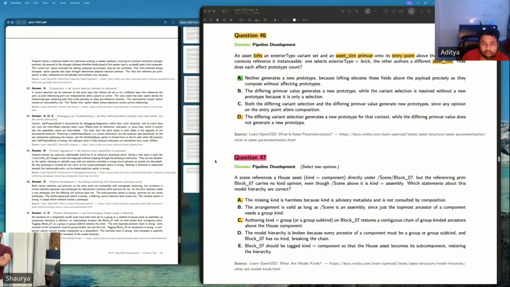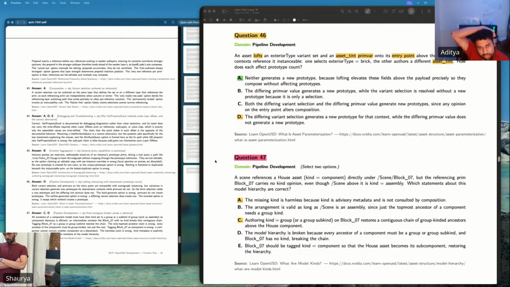And since we were talking about the components here, the missing kind is harmful because kind is advisory metadata and is not consulted by composition. So the question says the scene references a house asset kind equal to component directly under scene block 07, but the referencing prim block has no kind opinion, even though scene above it is kind equal to assembly.